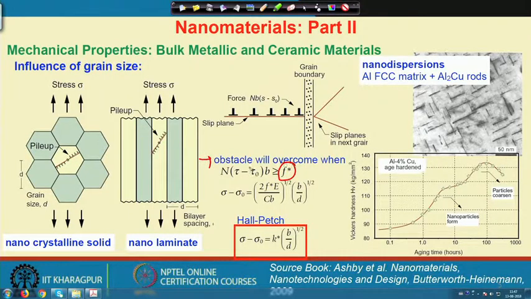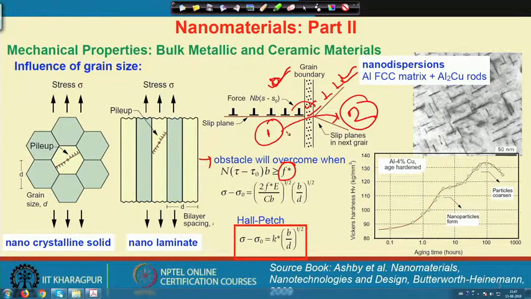Now, we can find out the force that the obstacle provides, which needs to be overcome. It is required because the slip has to transfer from this grain to the next neighboring grain, and dislocation will flow in the neighboring grain only when the slip transfers from one place to another. So, from grain 1 to grain 2 the slip will transfer, and the transfer requires a stress build-up so that the plastic deformation can occur, and this is the equation which says that n is the